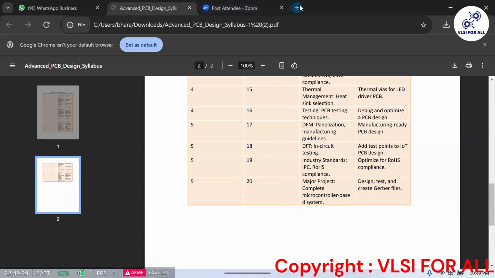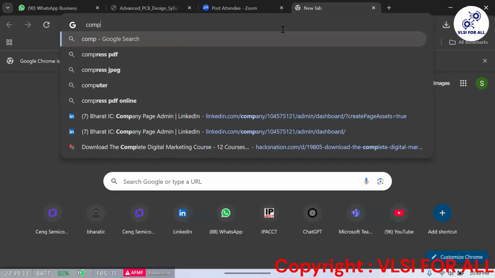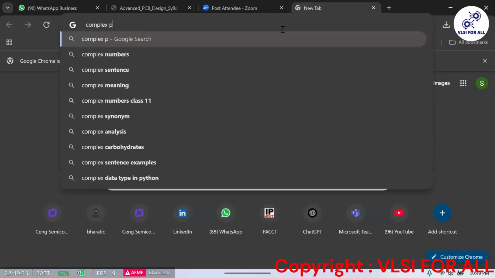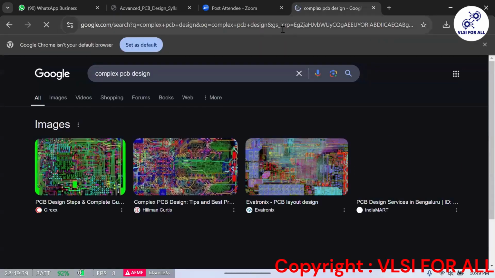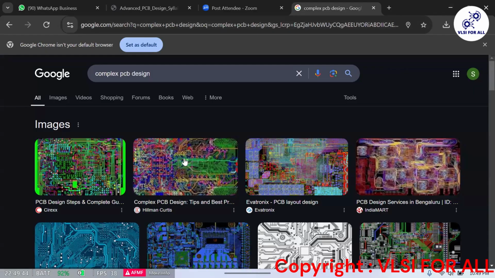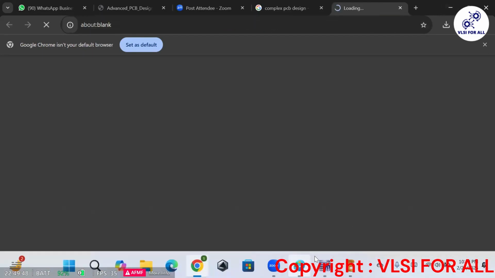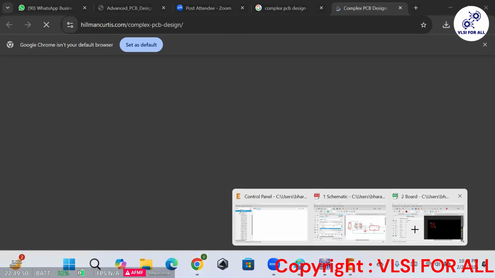Let me show you a very complex PCB design. See, these are very complex PCB designs. Let me show you a live one.